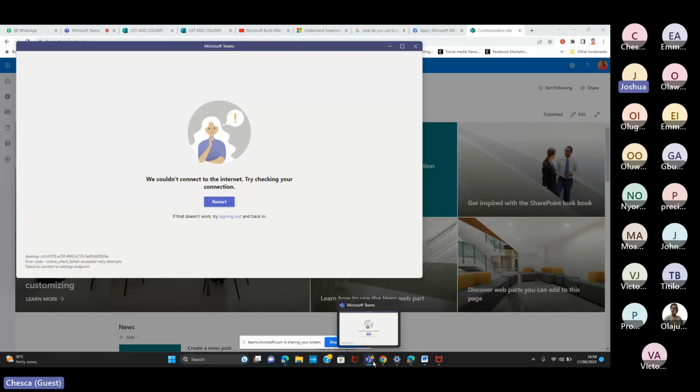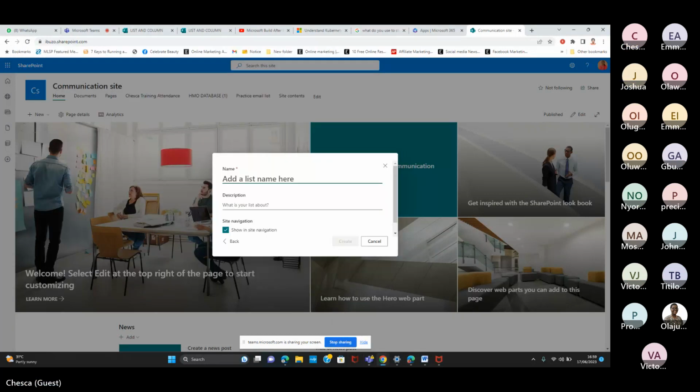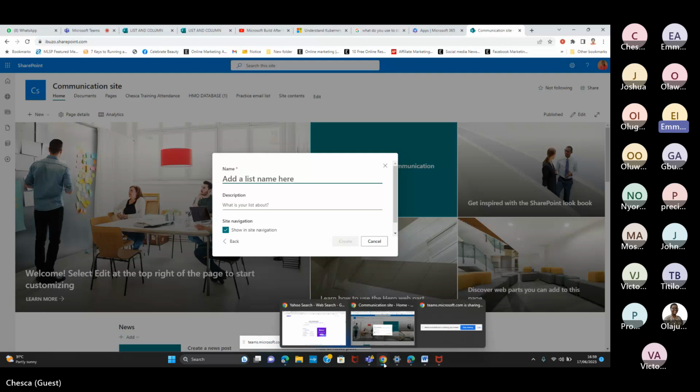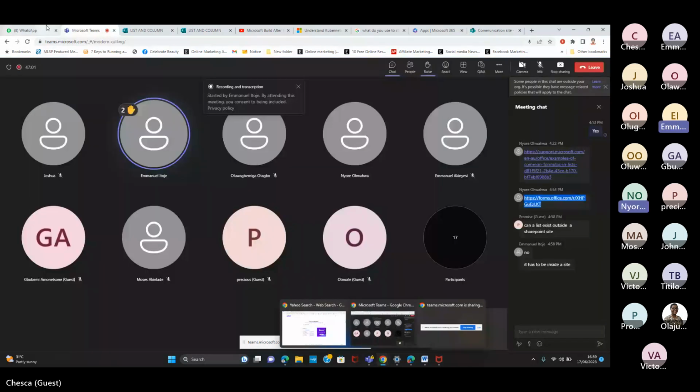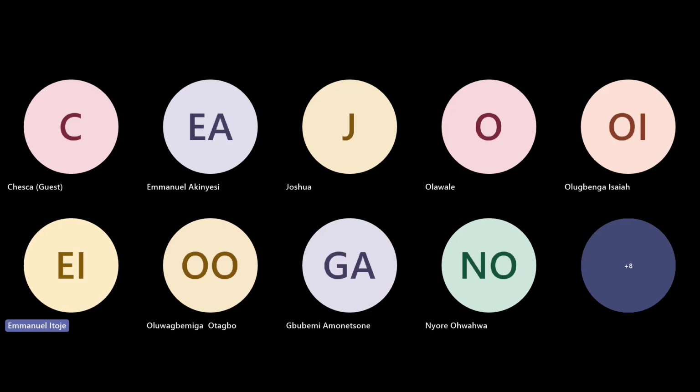Mitoje, please proceed. Hi, Nyore, great presentation. I just have a question. The list we are creating in SharePoint and the Microsoft Lists application, is there any difference between the two? No, they are the same lists, but the lists you create from Microsoft Lists are actually stored inside your OneDrive, though they perform the same function.